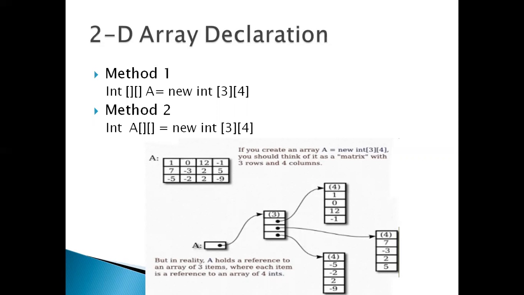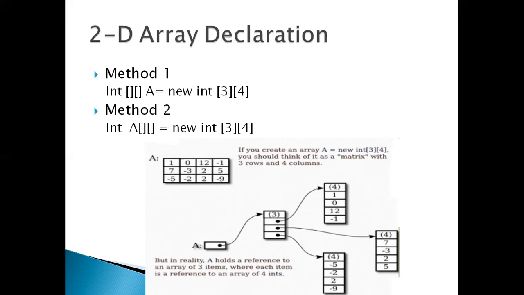The second method is similar to the first method, except we put the two square braces after the name of the array. So here, you can see that we have created a 2D array named A. The 2D array has 3 rows and 4 columns. If you create an array A is equal to new int 3, 4, you should think of it as a matrix with 3 rows and 4 columns.